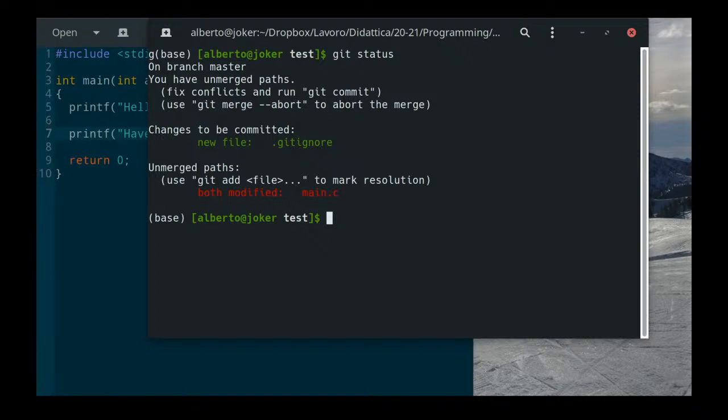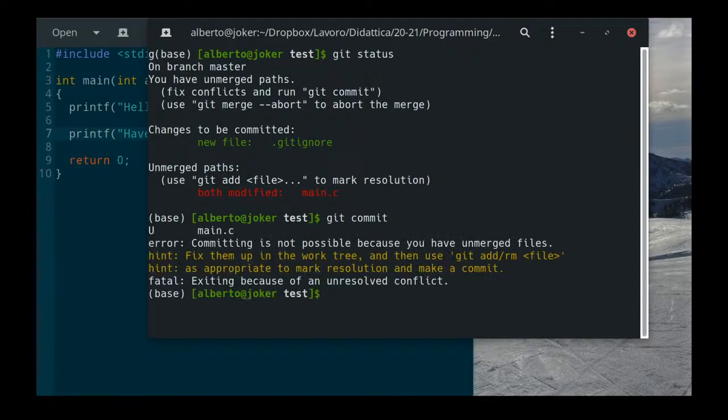You have to commit it. So once you have fixed every possible conflict in your code, you have to commit it. So let's try to commit it. Git commit. Again, here I can provide a message, or if I don't provide a message, I end up, okay, it's telling me that since you changed main, you have to add